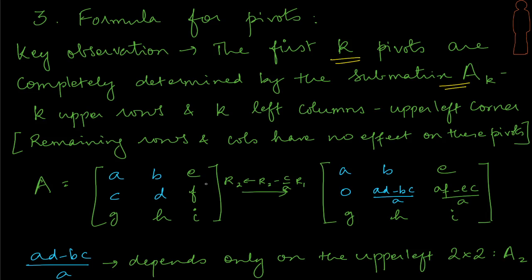Okay, let's take this 3 by 3 example and try and do elimination, and watch out for something really interesting. Okay, so let me first try and eliminate my C here. So I'll do my row operation. I get the 0 here. We got the rest of the values as well here.